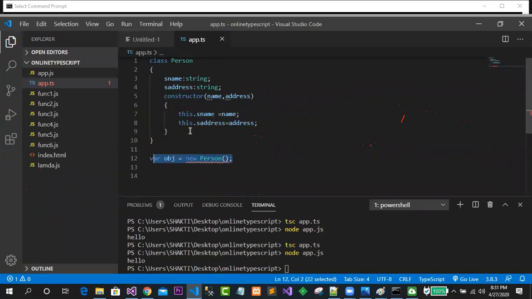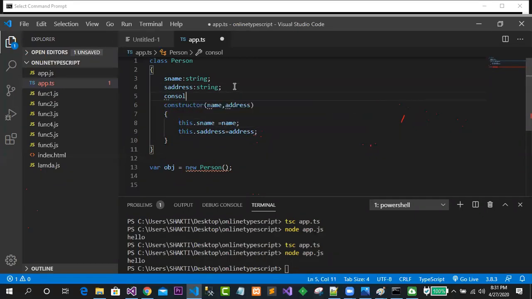Immediately after I wrote these things, it is showing an error, because this kind of constructor is not found. This is a default constructor, and it is not found over here. So can I avoid this error? Can I write a default constructor over here?